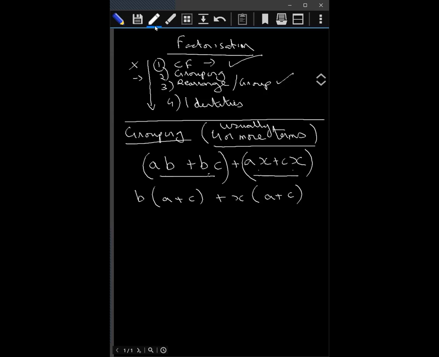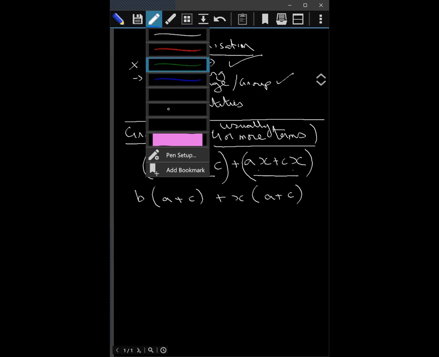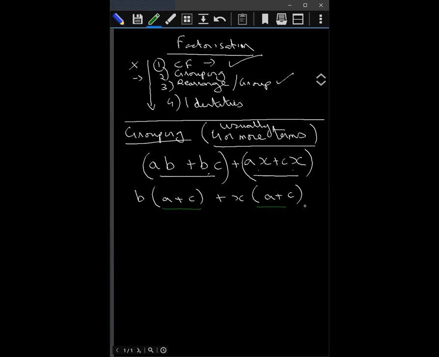Okay. Now, one important part that you need to remember is that these terms that we take out in the bracket, they have to be the same. If they are not same, that means your grouping is not correct. Okay. All of you all remember this. If these factors are not the same, that means the grouping is not correct and you cannot proceed. You will have to rearrange and group.